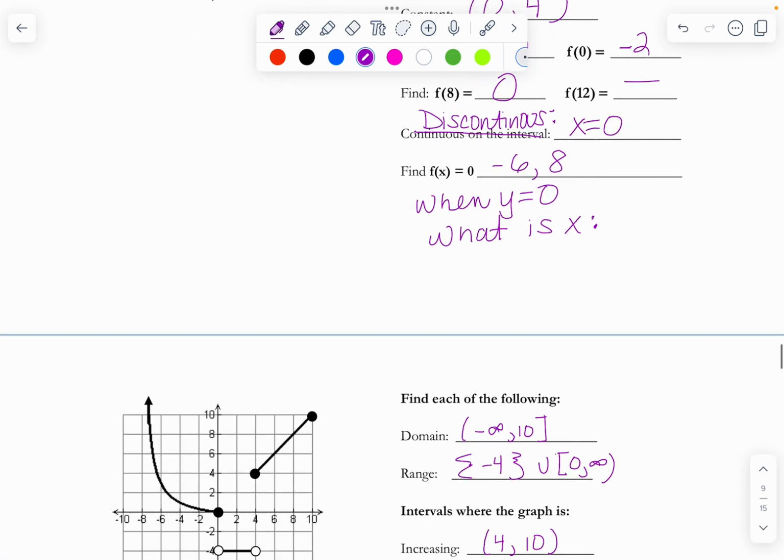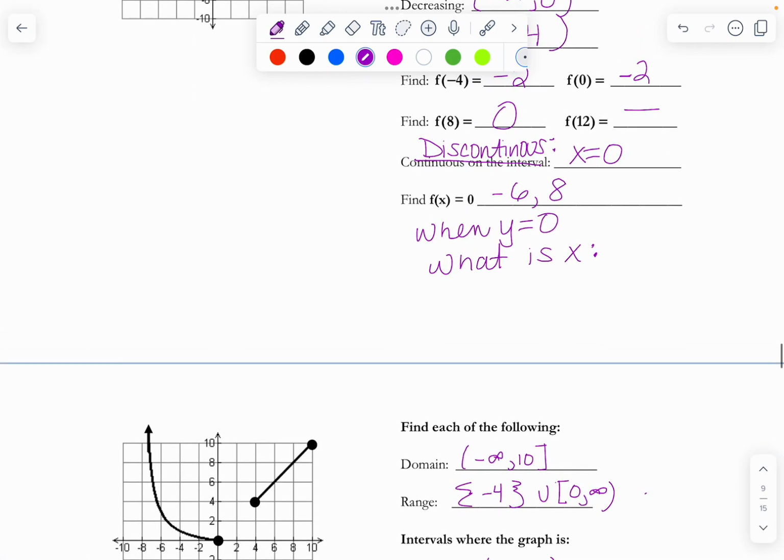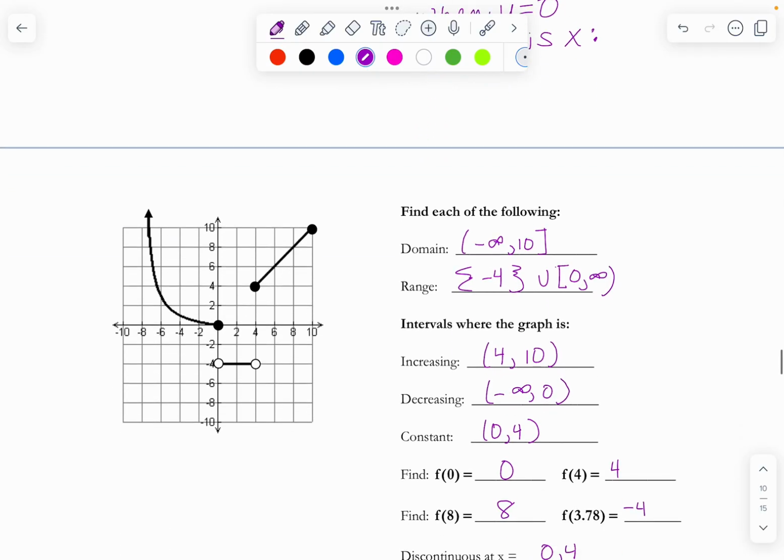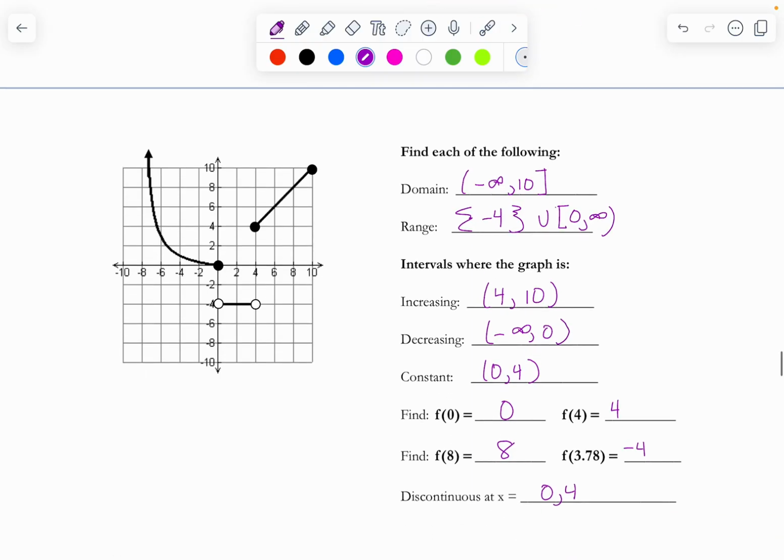Okay, now I did the next one for you. I want you guys to make sure that you practice this one. If you look at this range, I just want to talk about this. The range, our lowest point's -4, but since it's just one time, that's why I put it in braces. And then I jump up and I go from 0 to infinity. So that's how I do that range. So go ahead and check this one out on your own,